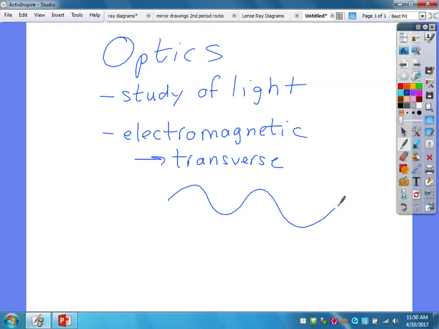All right. For this unit, we'll basically separate it out into two situations with what we're going to do with light. One, we're going to investigate what light does when it hits a mirror, and what it does when it hits a lens. So we're looking at two major properties of light, primarily reflection and refraction. But we actually have to do a lot of drawing. We're going to show these in terms of what are called ray diagrams,